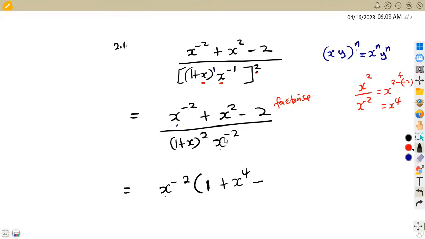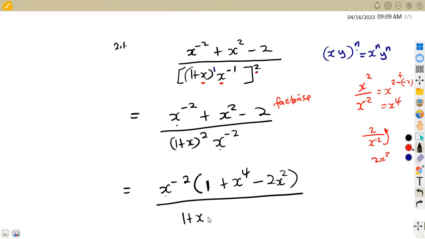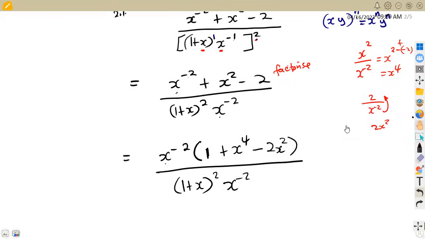Minus 2 divided by x to the exponent of -2 is like this. It's 2 over x to the exponent of -2. So we are simply writing this on top, which is 2x to the exponent of 2. So it's minus 2x to the exponent of 2 from our laws of exponents. Okay, everything over 1 plus x squared times x to the exponent of -2 like this, whereby we can now divide,